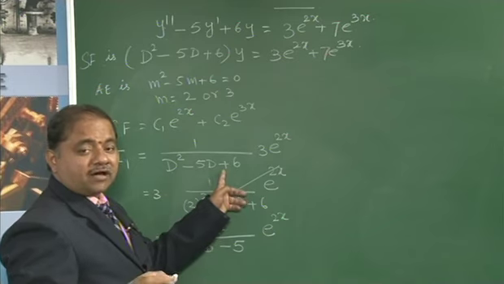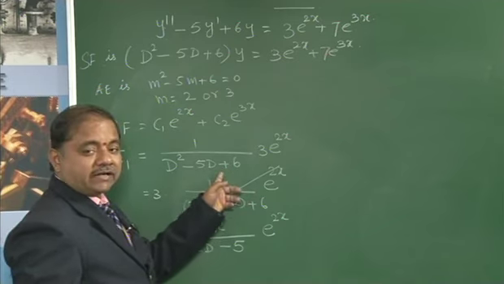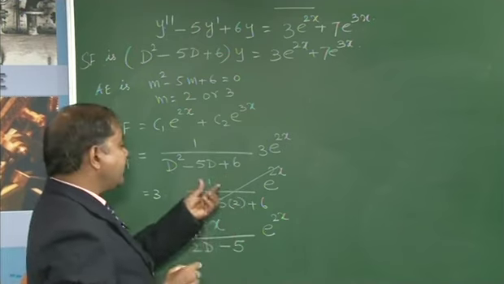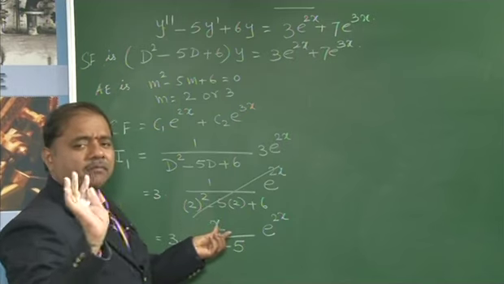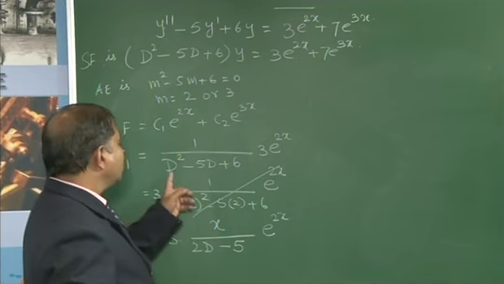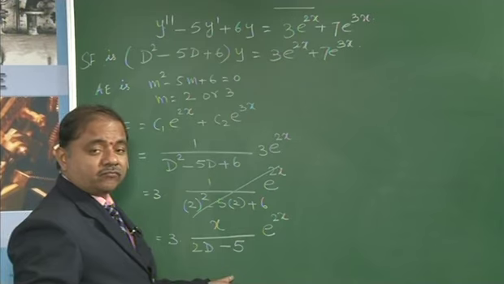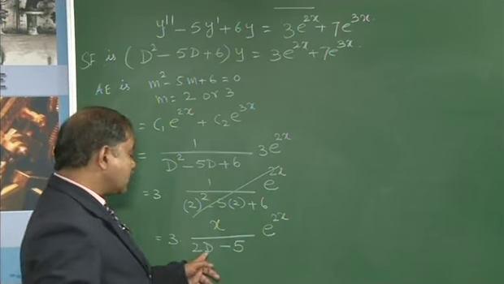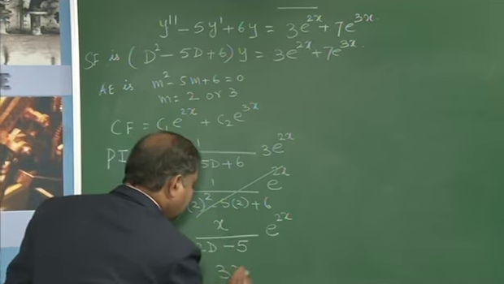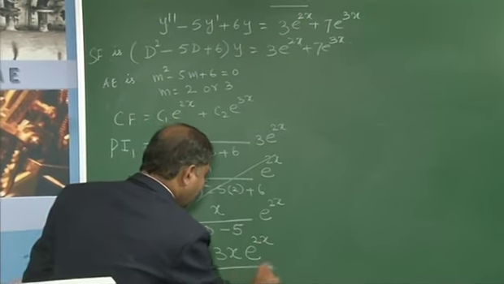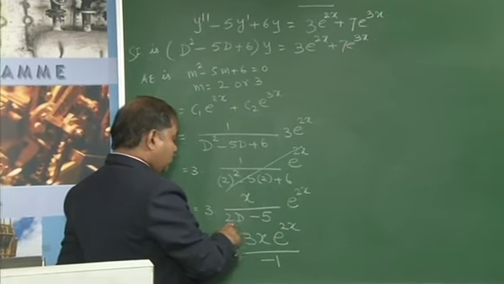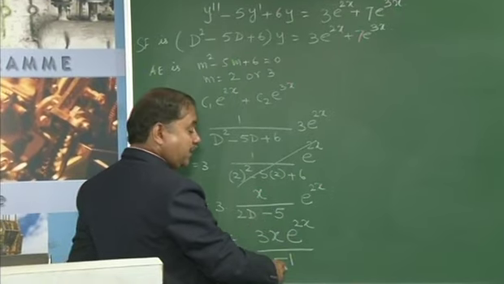The meaning is we are nullifying: already we took 1 by d integration, now we are doing differentiation, two opposite operators nullifying. The equating factor is x, or simply remember that much, it is sufficient. Multiply by x, differentiate the denominator, 2d minus 5. Now apply the method, instead of d replace it by a. So the answer will be 3x by minus 1, because in place of d I have written 2; 2 2s are 4, minus 5, minus 1.